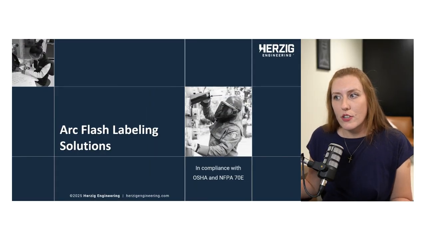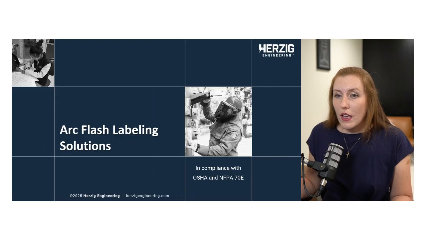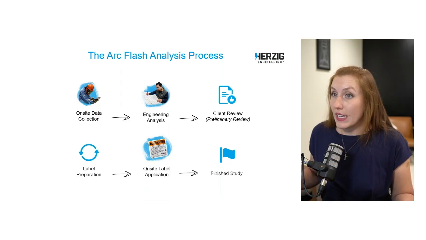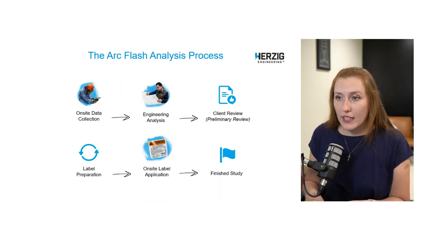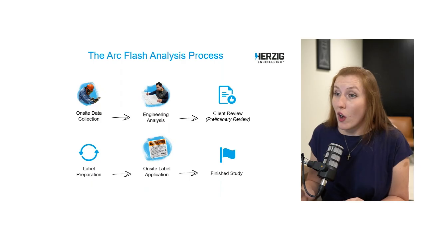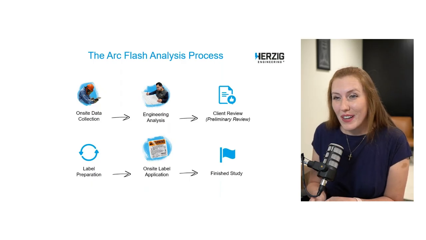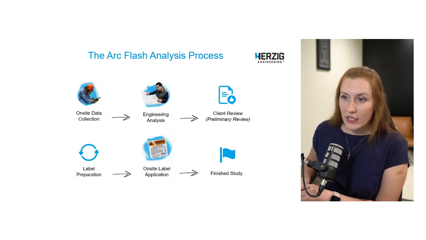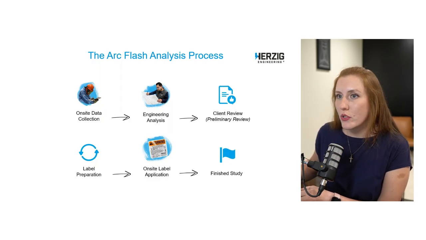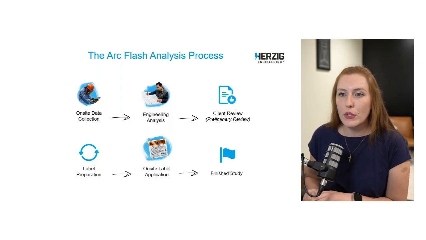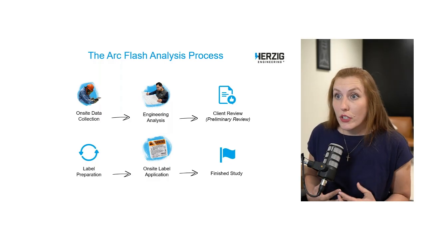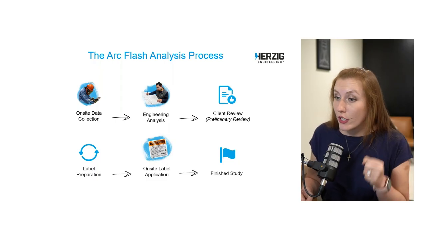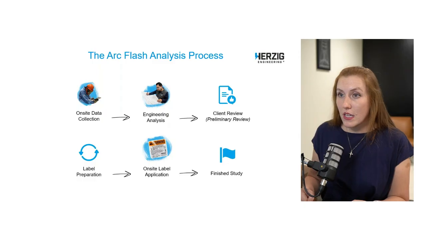So let's look at some of these arc flash labeling solutions. What it boils down to is getting an analysis performed. It's typically an engineering study, so you collect the data, however makes sense for you. We prefer to go on site and collect what's physically there, not just what the drawings say, because what if those are outdated? So we go get that data, we put it into our engineering system, the SKM Power Tools or Easy Power or ETAP or whatever it is that needs to be used to calculate that. Have a review, make sure everything works correctly, looks right, prepare those labels, and they're good, durable labels to withstand the environment and be